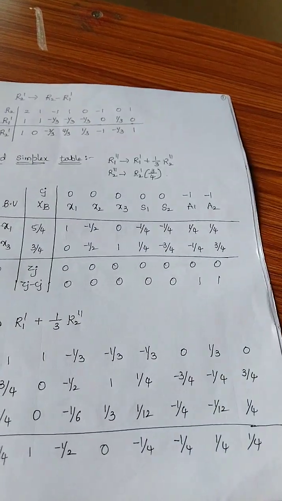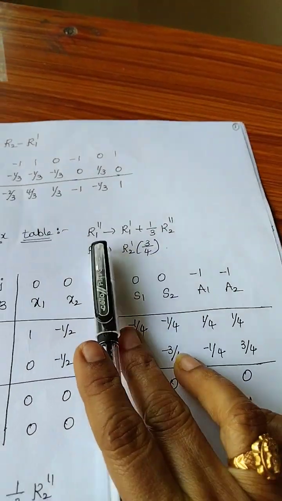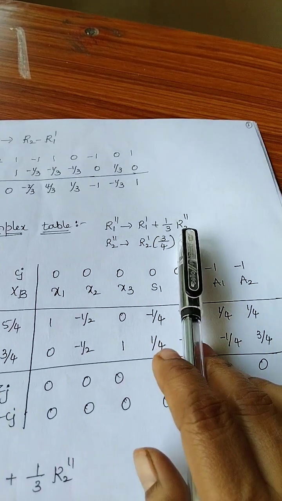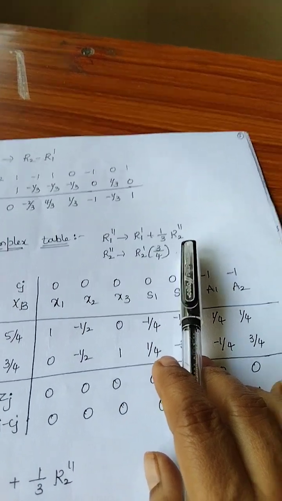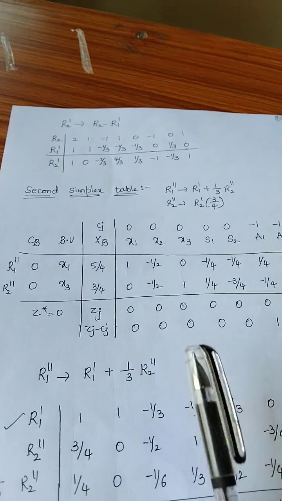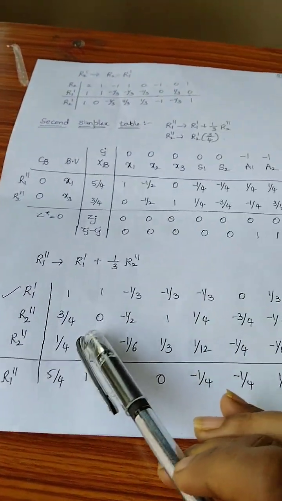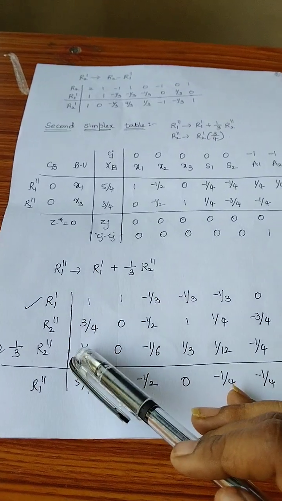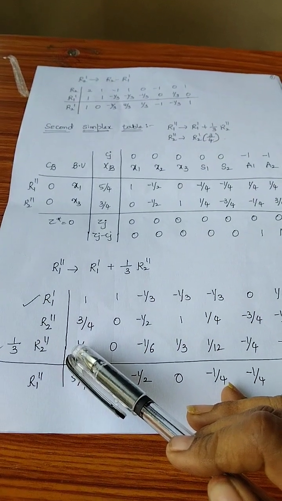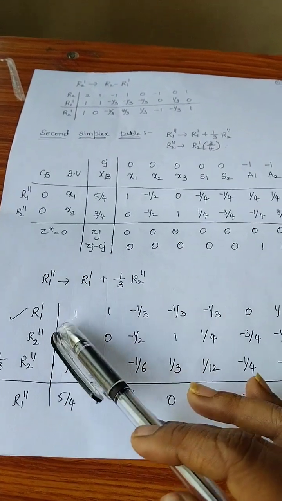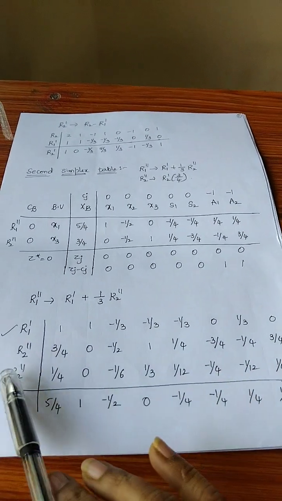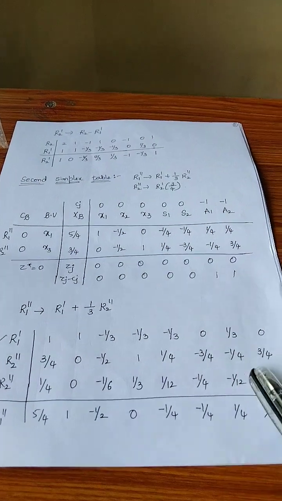So I have written that new row operation, which is nothing but R1 double dash is replaced by R1 dash plus 1 by 3 into R2 double dash. For that I have done the row operation here. So R1 dash, plus 1 by 3 into R2 double dash. See, R1 dash I have written here. Here this is R2 double dash. R2 double dash is nothing but